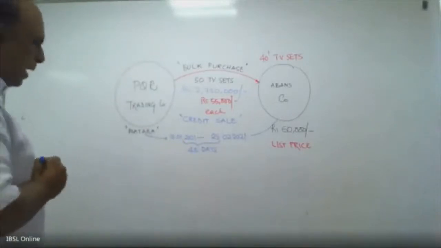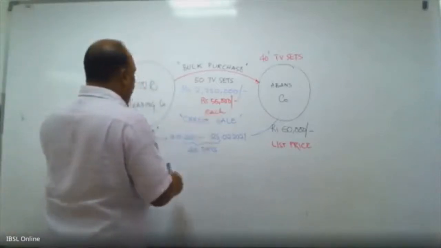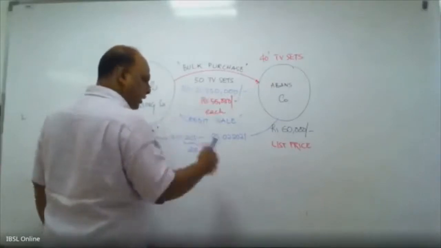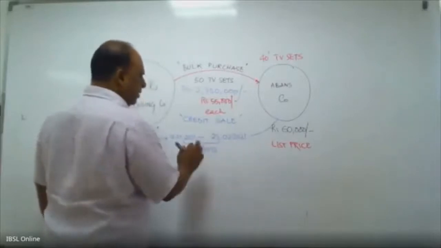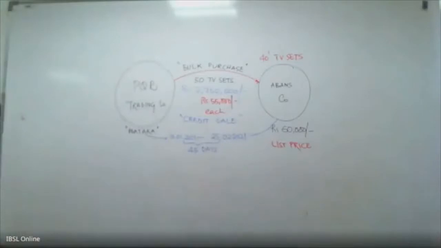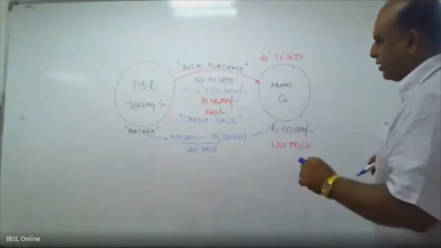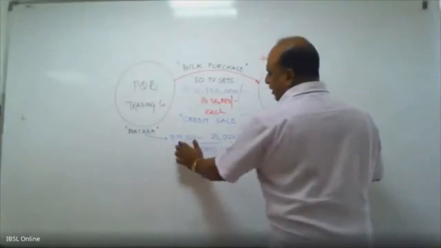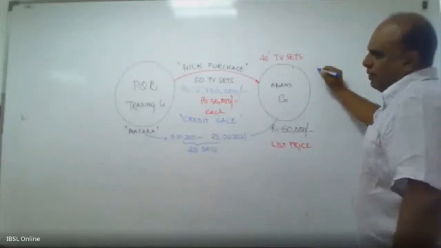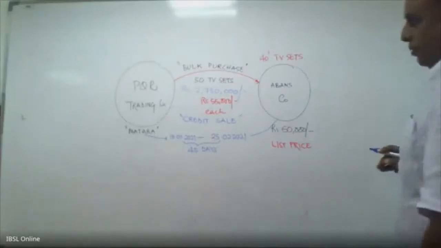So the credit sale has happened. That is, the agreement between both parties is that PQR Trading Company will settle this 2750 either at once or in piecemeal before these 45 days to Abans Company. Okay, so when that happens, what will happen? Now Abans Company will record a transaction on 10th of January 2021. What is the double entry?